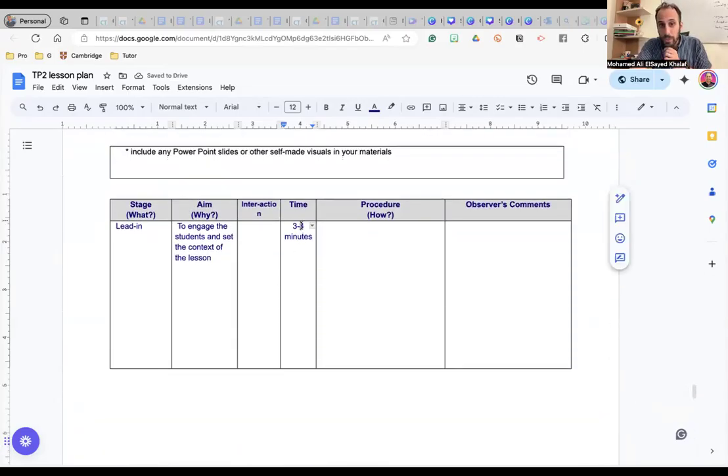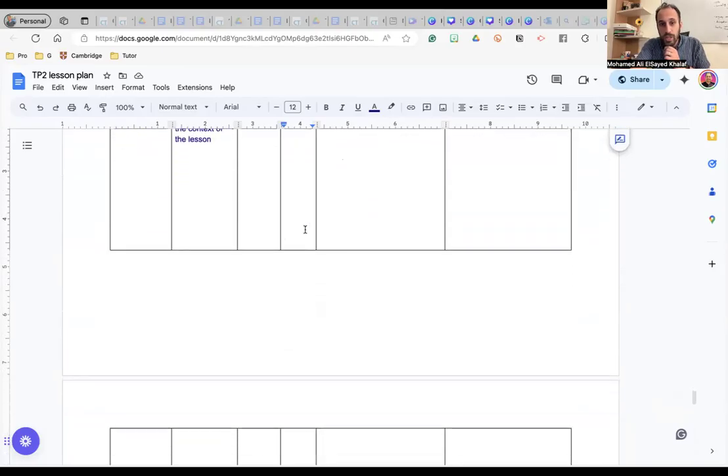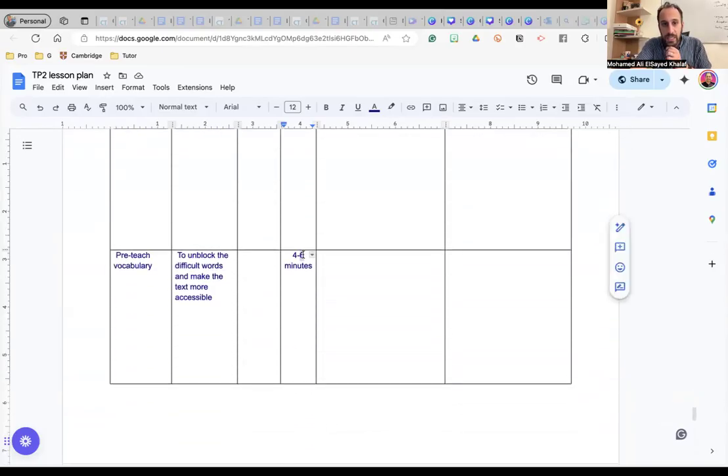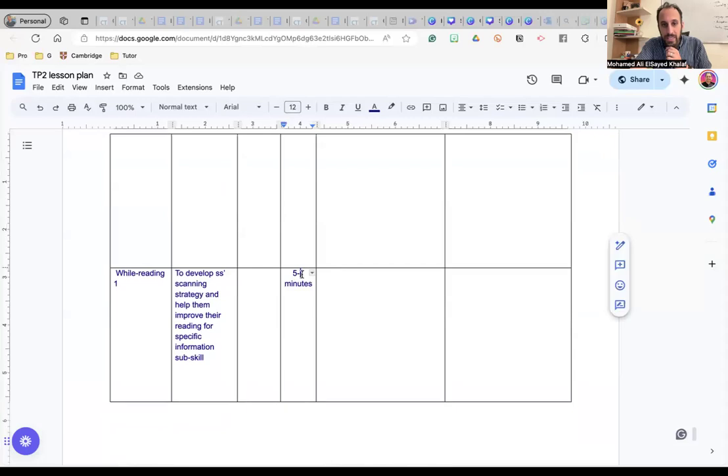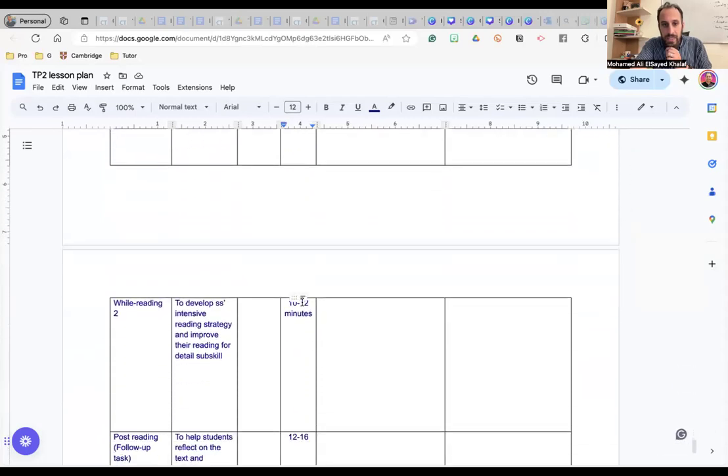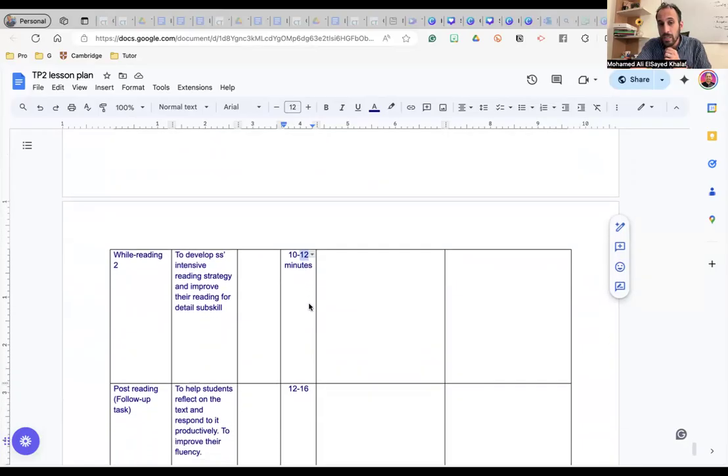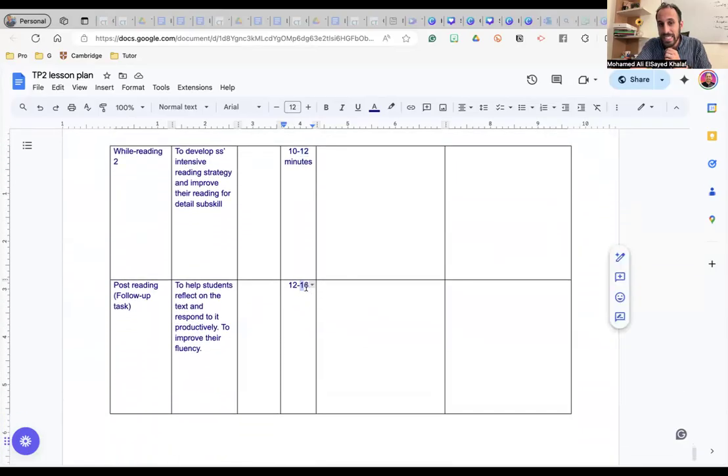When we count the time, we count the high end. 4 plus 6, 10, 17, and plus 12, let's say 29. No, 17 plus 12. Yes, 29. Plus 16, let's say plus 10, 39 plus 6, 45 minutes. So now your tutor will say, good job, you planned for 45 minutes.